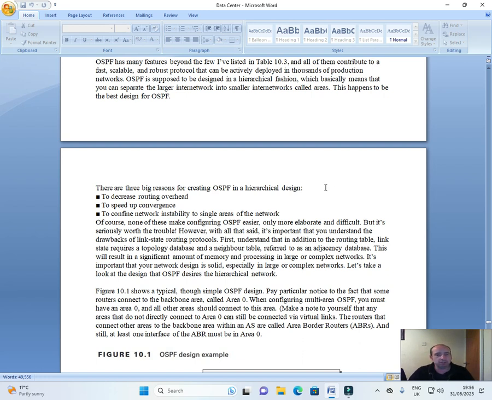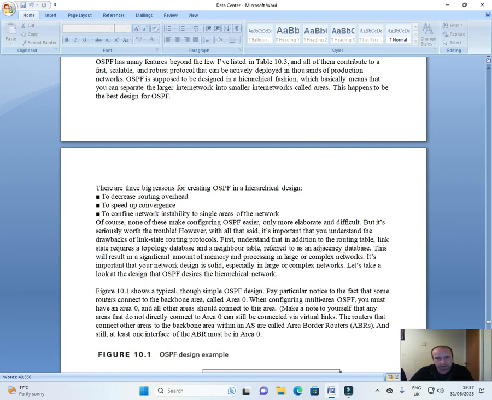There are three big reasons for creating OSPF in a hierarchical design: to decrease routing overhead, to speed up convergence, and to confine network instability to single areas of the network. Of course, none of these make configuring OSPF easier, only more elaborate and difficult, but it's seriously worth the trouble. However, with all that said, it's important that you understand the drawbacks of link state routing protocols. First, understand that in addition to the routing protocol table, link state requires a topology database